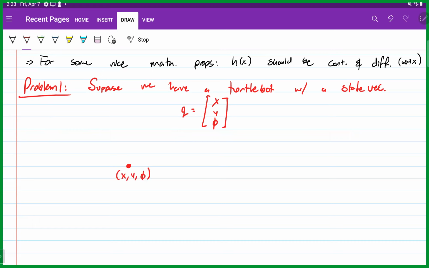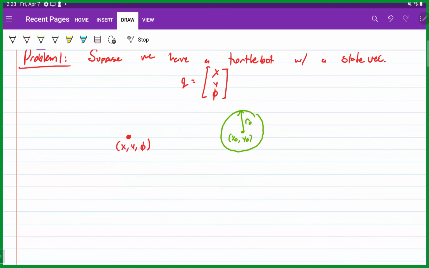And we have a circular obstacle over here, and that obstacle has center X naught, Y naught, and radius R naught. If we consider collision with the obstacle to be the only unsafe thing,